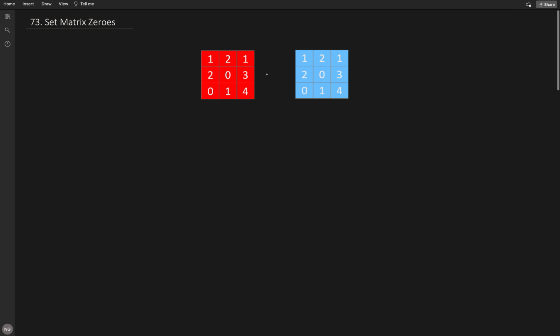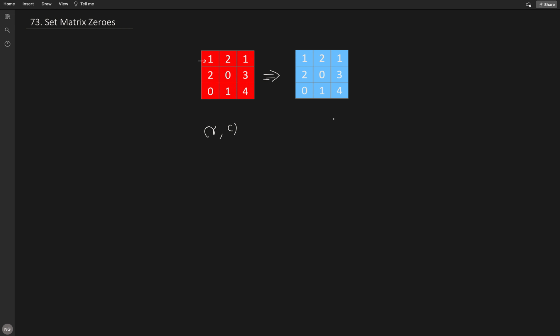What we need to do here is copy all the elements of the input matrix into a temporary matrix. In the first pass we copy, and in the second pass we iterate through one by one, processing row wise. Wherever we find a 0, we call another helper method, since we know the row index and the column index of the current 0.